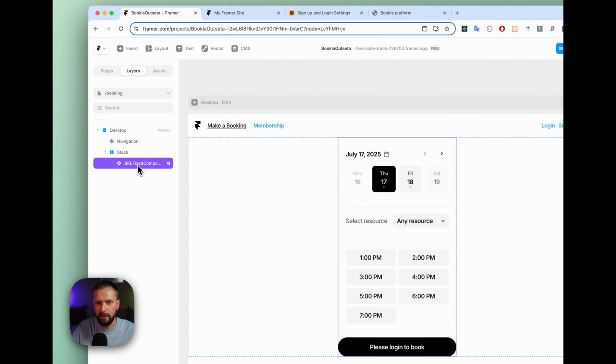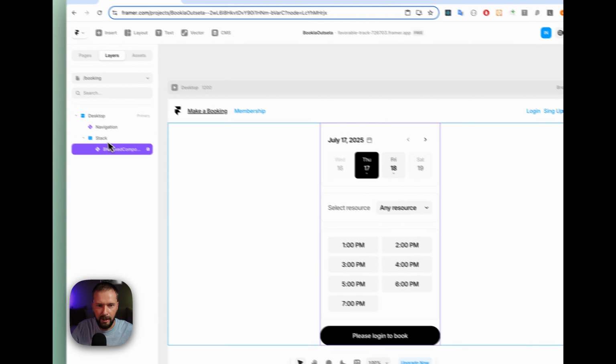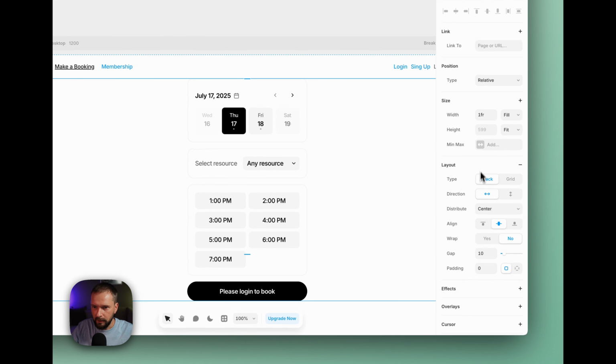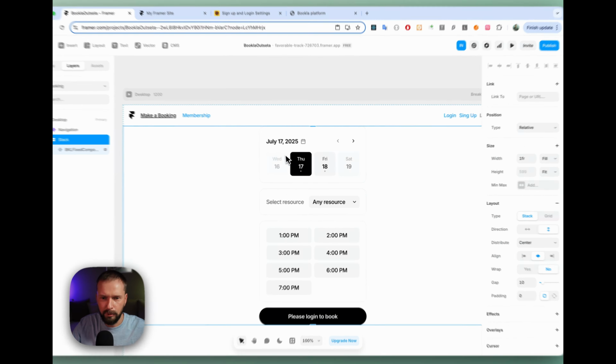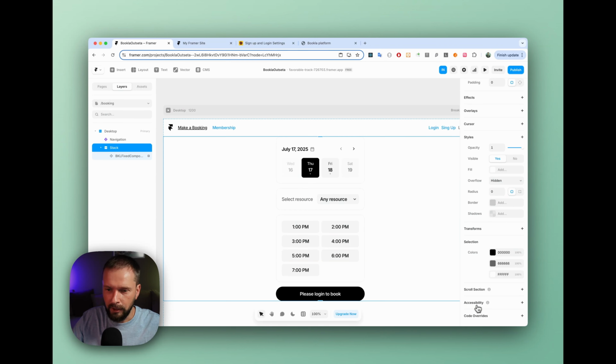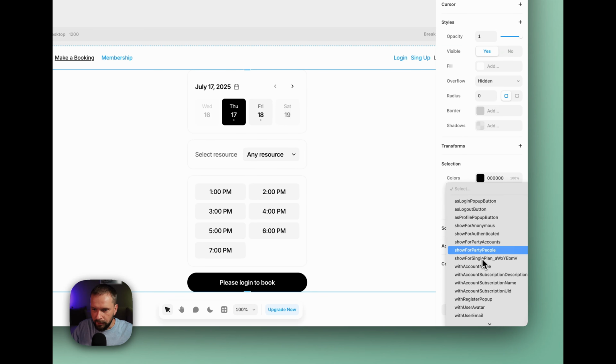We have the code override for our component and we can't add more, but we can add to the parent component. This will be just a vertical stack with one item. And here in the code overrides, we can click plus and select Outseta and